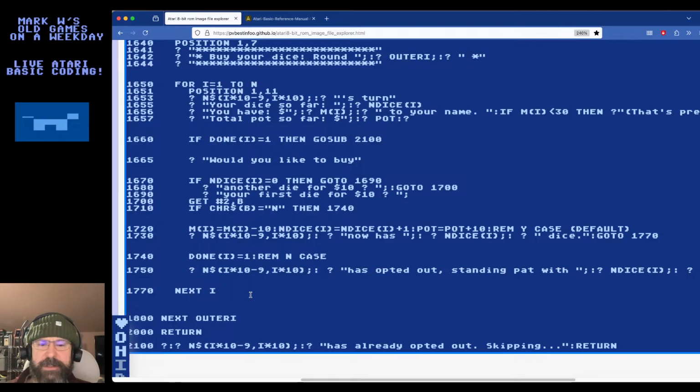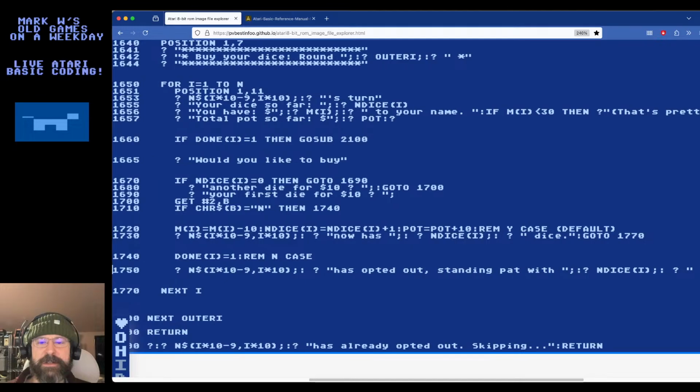No pun intended. So what I could do is, this is awkward. I could put a go to at like 1760 and put that back there. But then the problem is this line here needs to skip over that by going to 1770. Let's just do it.